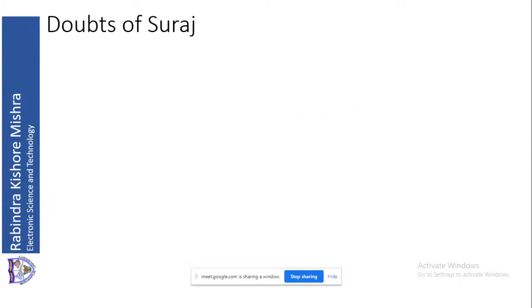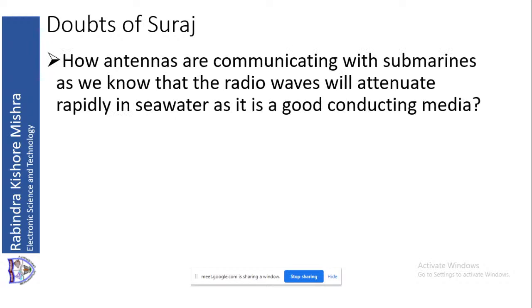The next doubt is how antennas are communicating with submarines. As we know, radio waves will attenuate rapidly in seawater as it is a good conducting medium. Very good question. Now, in submarine communication, when the submarine is nearer to the shore, around 15 to 20 kilometers from the source,